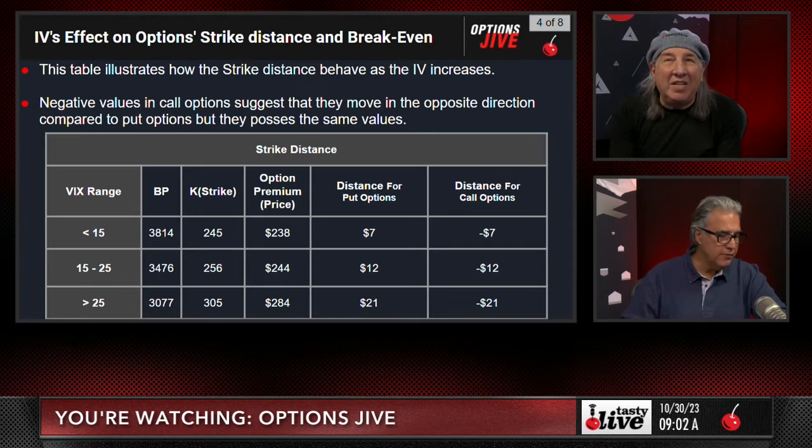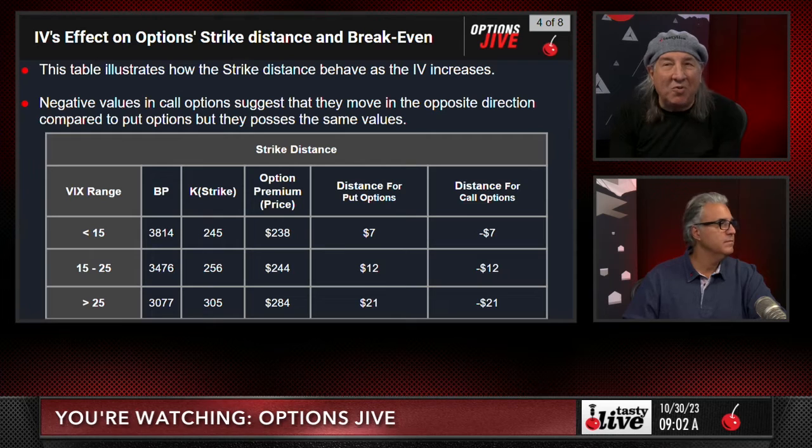So negative. It's all on the follow page. Negative values in the call options suggest they will move in the opposite direction. I already went through this. So the first most important takeaway here is that the difference is when volatility is low, below 15, the distance